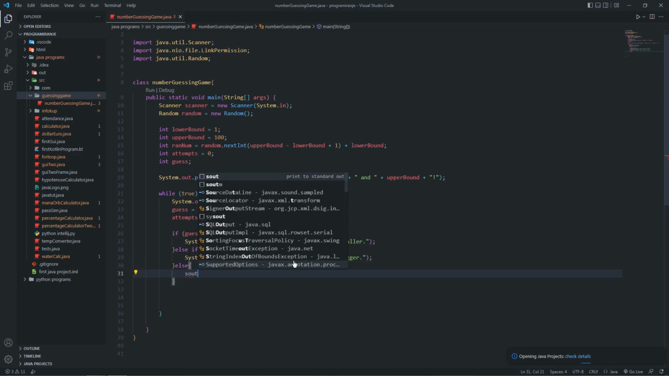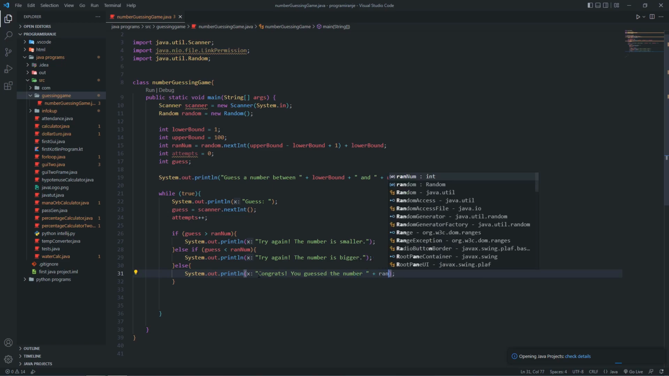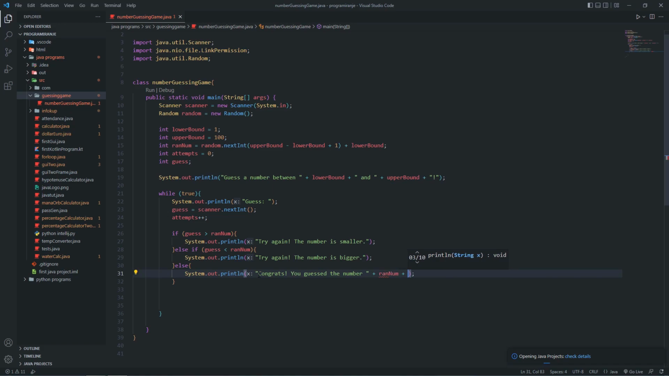System.out.println. Oh, and in VS Code, you can also type sysout. In most IDEs, you can just type in sysout, which does the exact same thing. Just a little note. So, "Congrats, you guessed the number" plus random, "in"